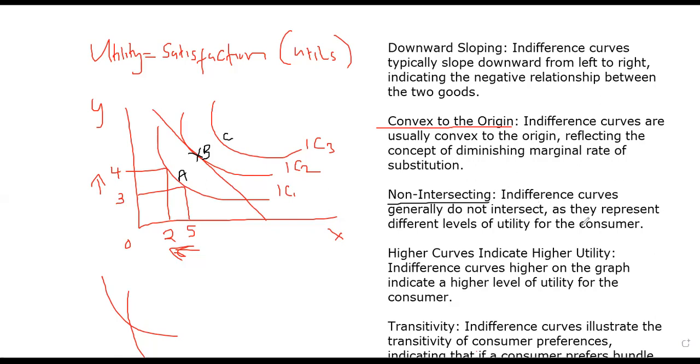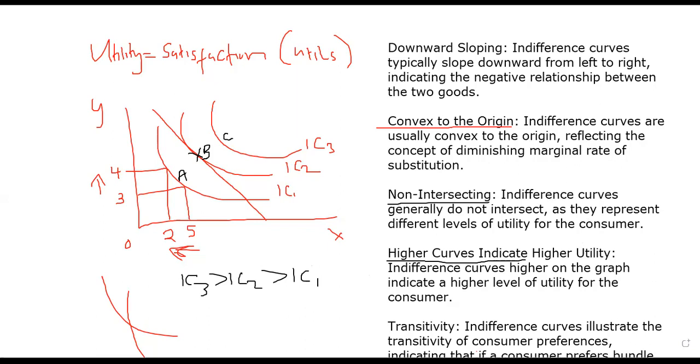Generally, they do not intersect, because each of these levels will represent different levels of satisfaction. So higher indifference curves have higher utility. Like I've said, indifference curve 3 is greater than indifference curve 2, which is greater than indifference curve 1. Okay,